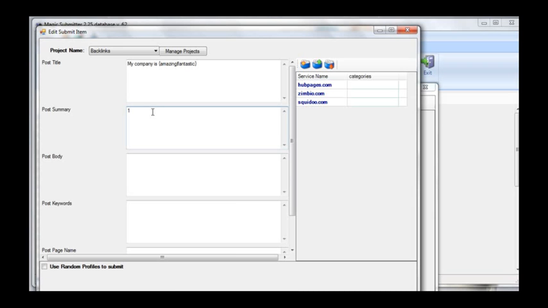And what you want to do with your summary is simply take the first one or two or maybe even three sentences, and then for the last sentence, put the benefit of what your blog is about. So for instance, if we were doing the keyword plumber in Atlanta, the first couple sentences might be,